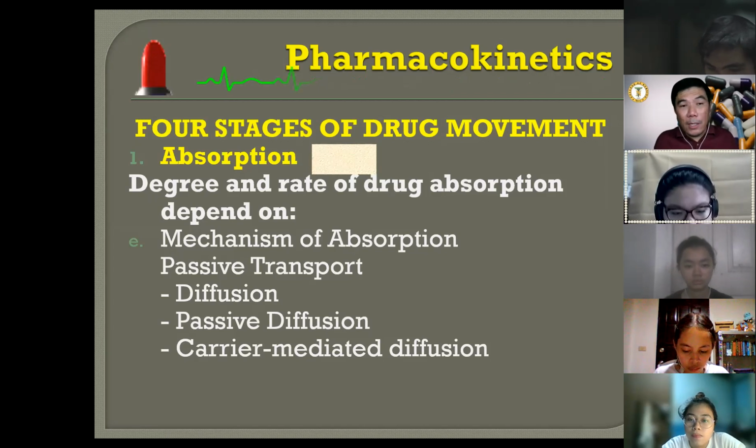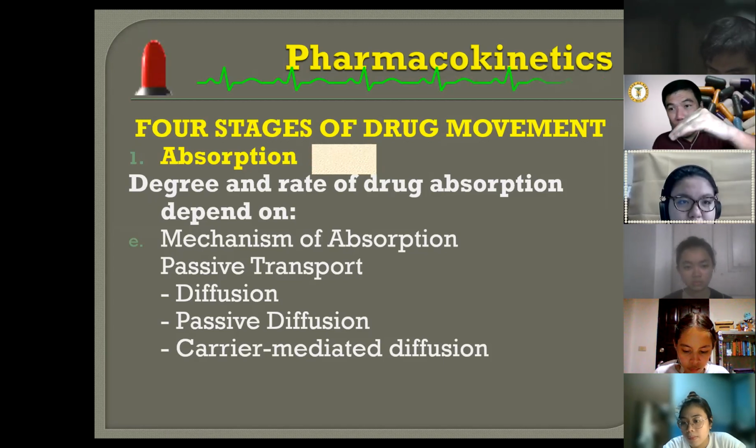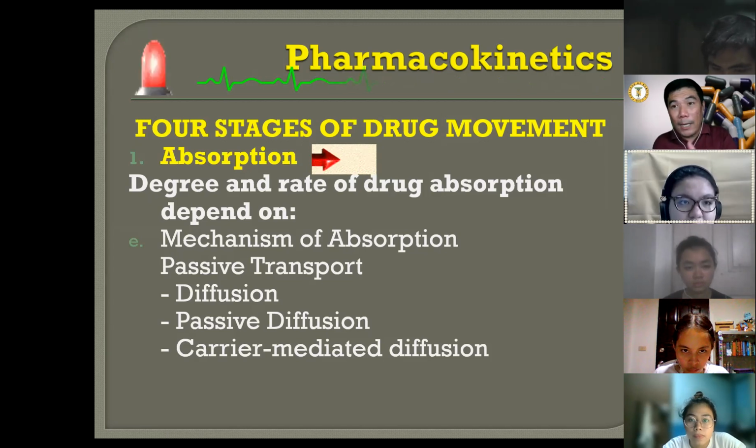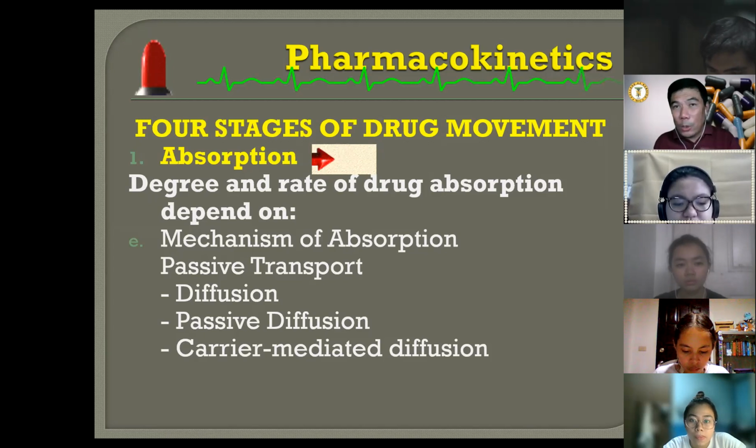So there could be a possibility that the 50% of the drug is already distributed to the body, and the other 50% could be excreted from the body. So that's why the concentration goes down, because the other 50% goes out of the body through the mechanism of elimination. So how will we meet again the 100%? We will meet again the 100% to give the next dose at its appropriate time.